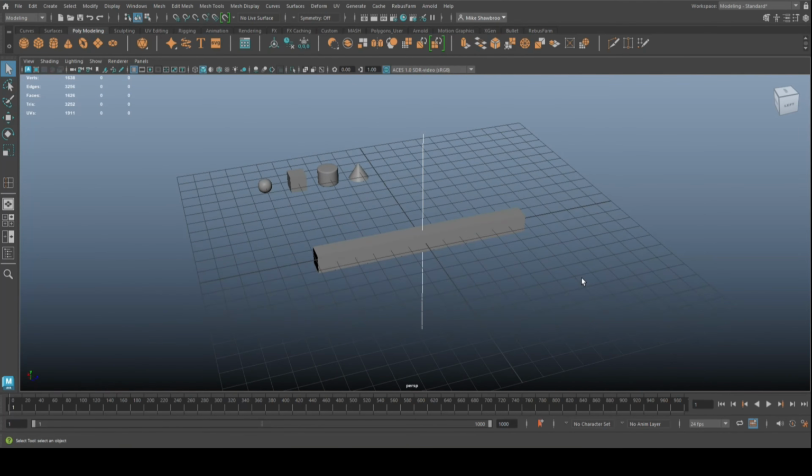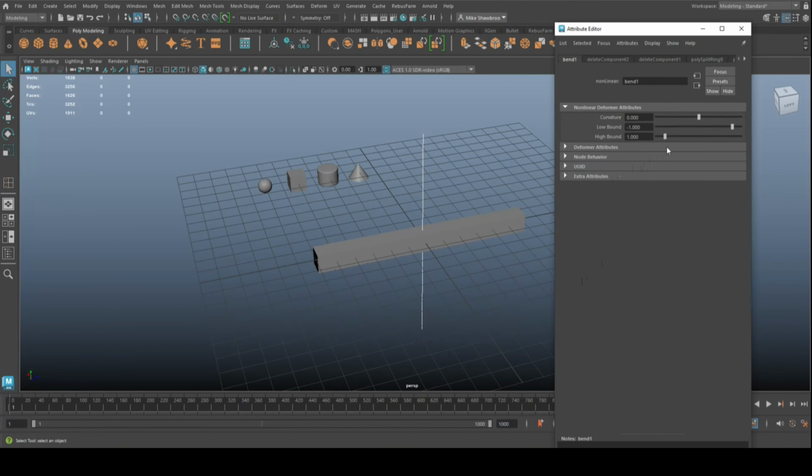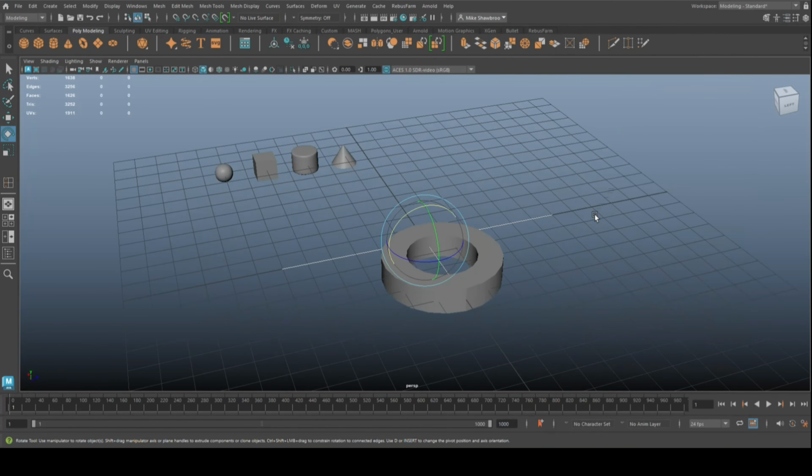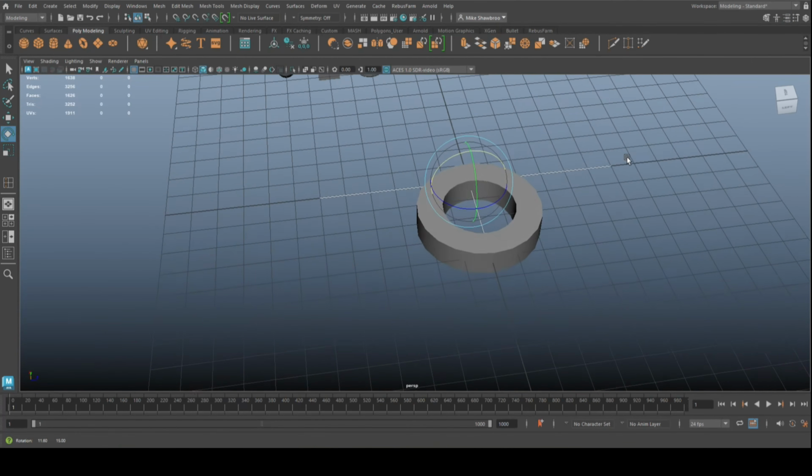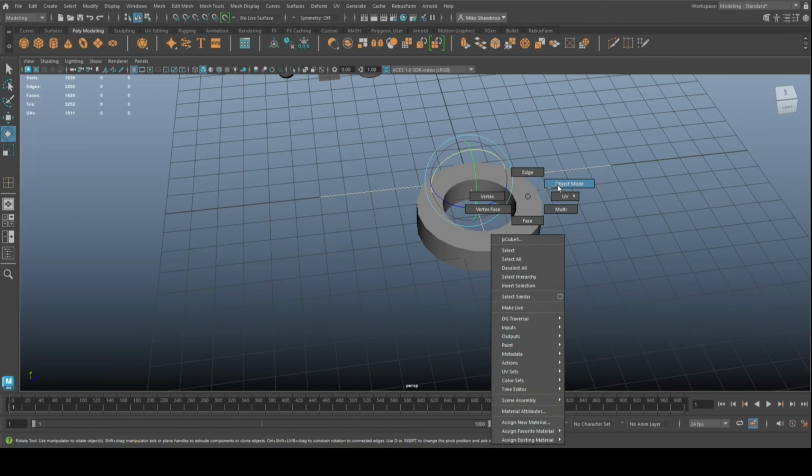All right, we're gonna hit Control A to go to the attribute editor. We're gonna change the curvature. We need to flip this guy like so. Let's do that again. There you go. It's flipped all the way around. Yeah, good. We're going to go to object mode